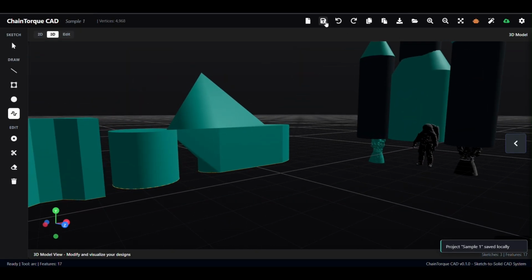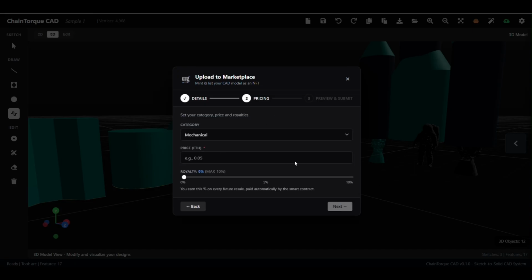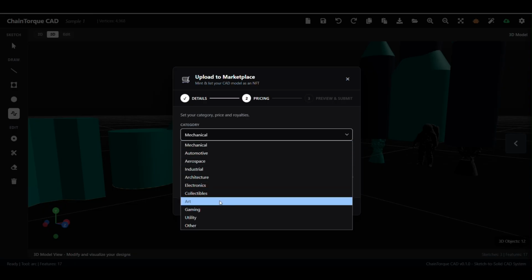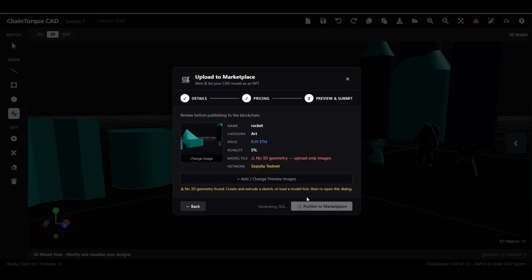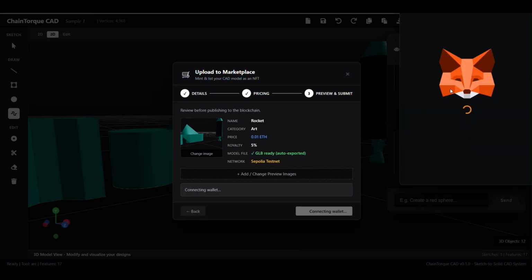So what do we name it actually? Let's name it space exploration or just rocket, and give it an arbitrary description, like moon landing or whatever. Just gonna add the category, let's call it art, not actually mechanical or something technical. Zero. We're just gonna add the price like a normal marketplace. Add the royalty. It will take some time to actually convert all the polygons to the GLB file and publish